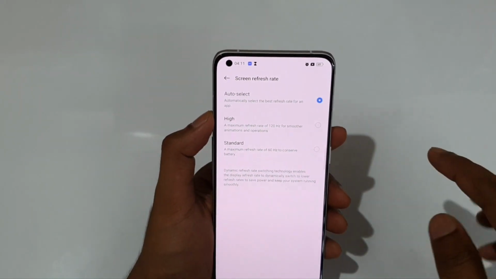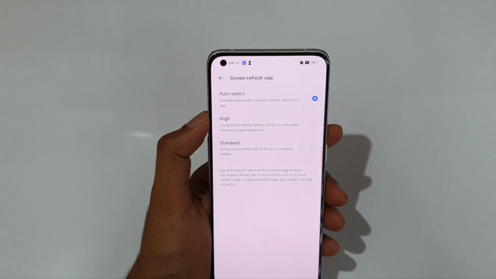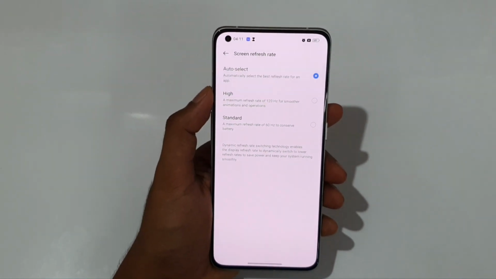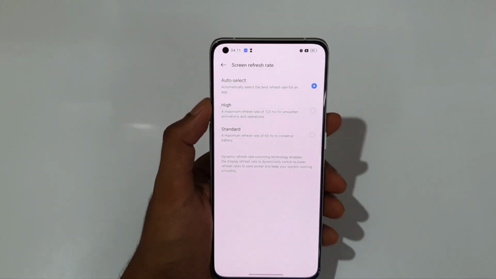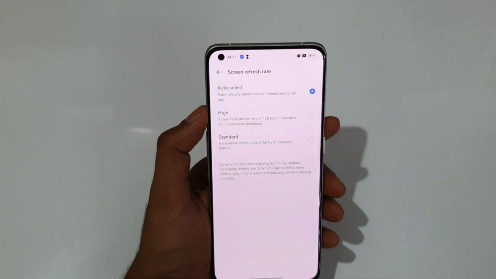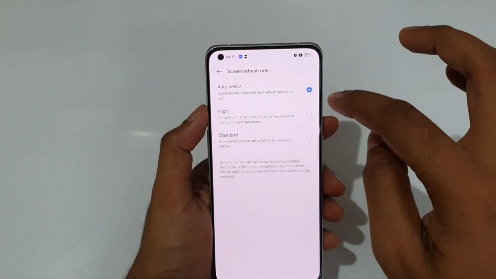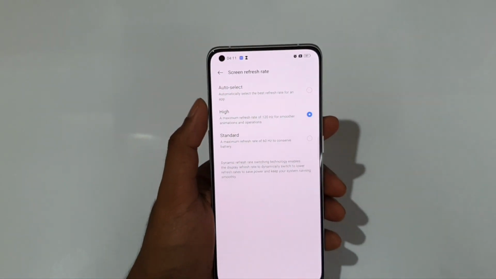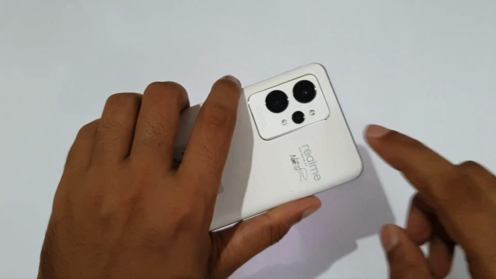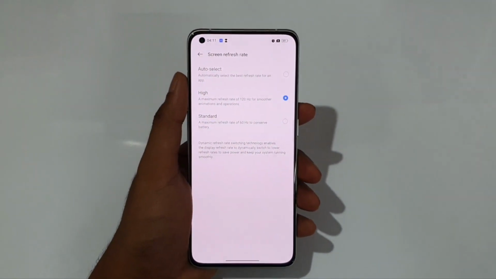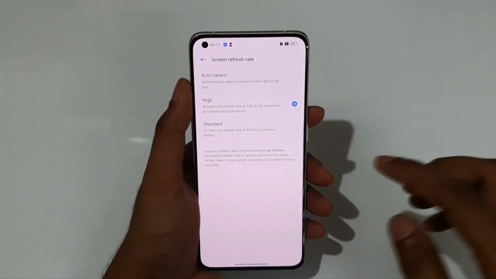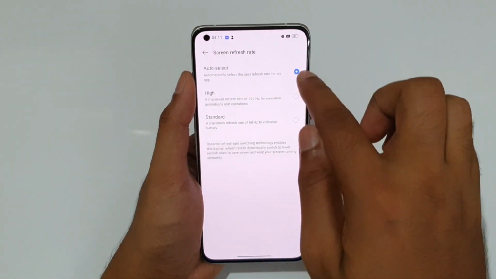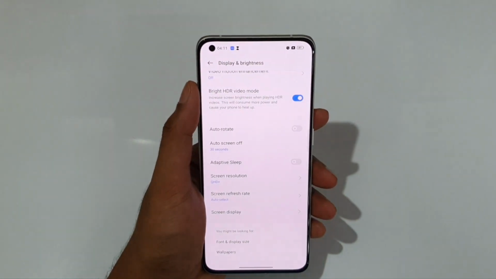So that's LTPO 2.0. So I would recommend keeping the auto select for the maximum accuracy and the best battery optimization. But if you don't care about the battery, then you could switch to the high for all time 120 Hz. Because this guy is having a 5000 mAh battery with 65 watts of charging, which can get 100 in just 31 minutes. So it's up to you, but I do select this auto select feature because of the LTPO 2.0